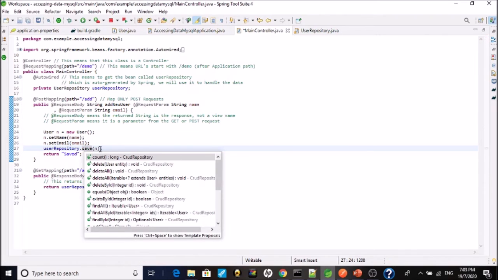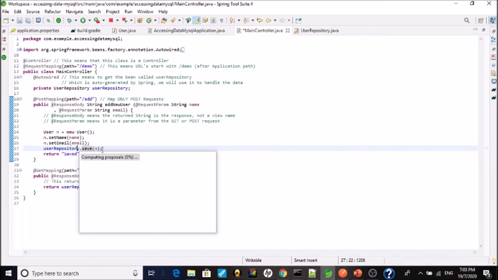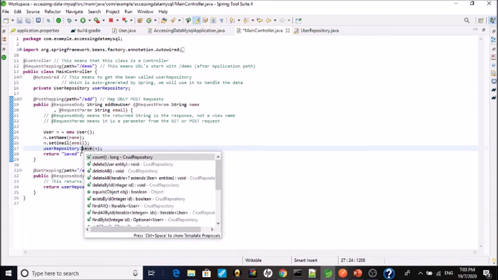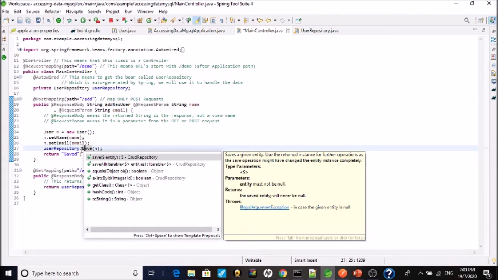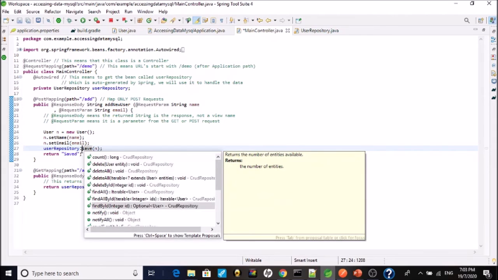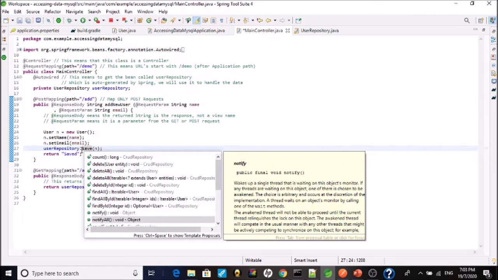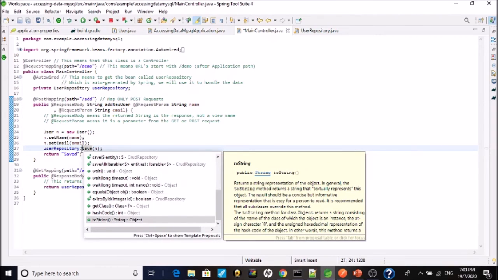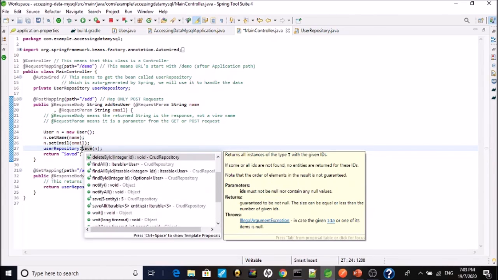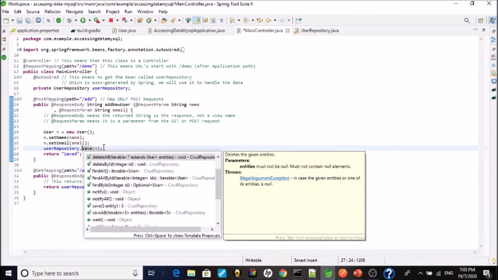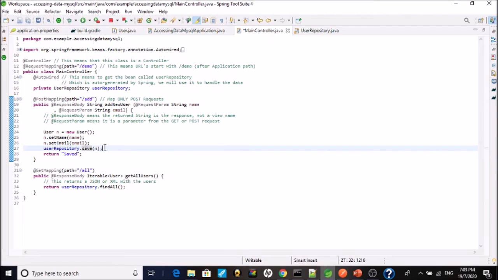If you see here, there are n number of methods which will be auto implemented by Spring, which are useful for our CRUD operations: save, update, find by, delete. All these methods are used for CRUD operations and the object relational model, actually.